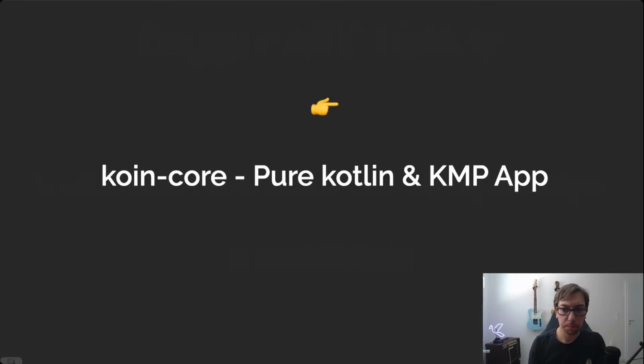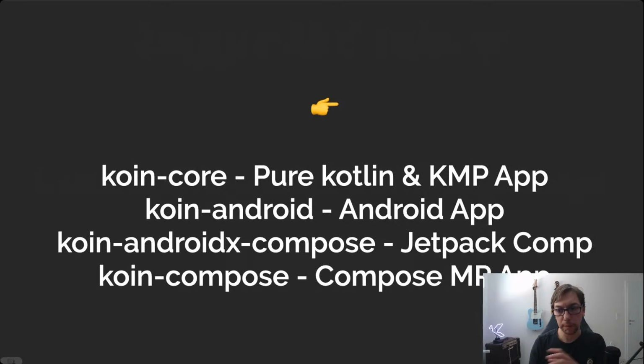In terms of package, you can choose in between several ones that can help you, and then perhaps choose the right features depending on the module you are migrating. For example, Koin Core is the pure Kotlin DI features, so you don't have Android features inside. It can be interesting if you are migrating pure Kotlin features like business ones, like use cases, etc. Koin Android is the main Android package that you can use for your Android application, and this is where you have most of the features you will use